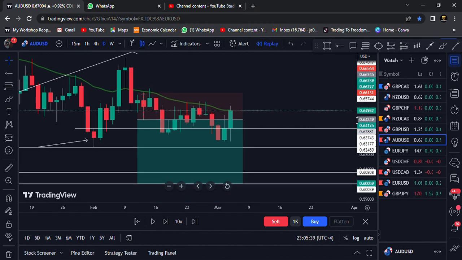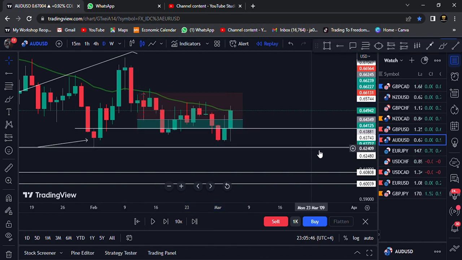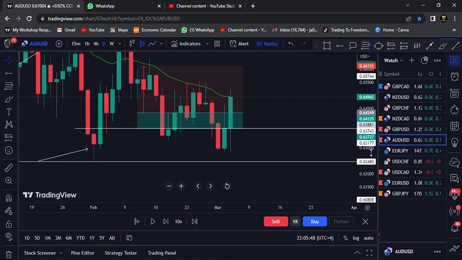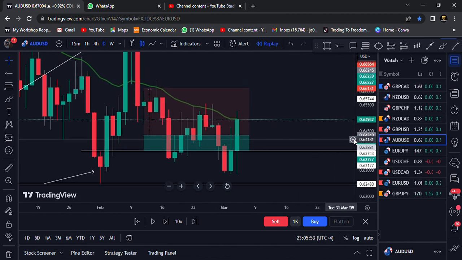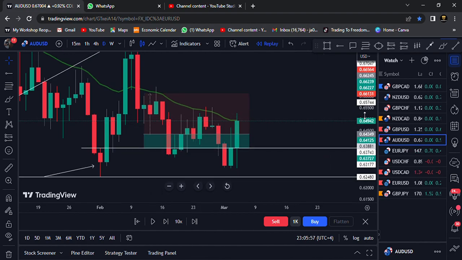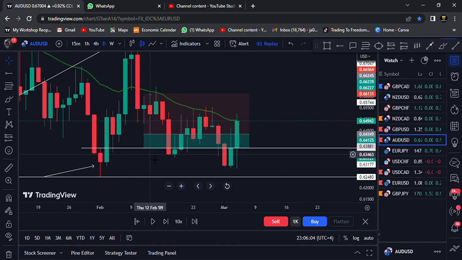You don't have to minimize, guys. As I said, you respect the rules. You have to be principled, you have to be disciplined, and you respect the rules. This is very, very odd. It's not supposed to be like this, but trusting my analysis and my strategy, I don't mind taking some profits here, because already I know no matter what, price is still gonna hit here and give me